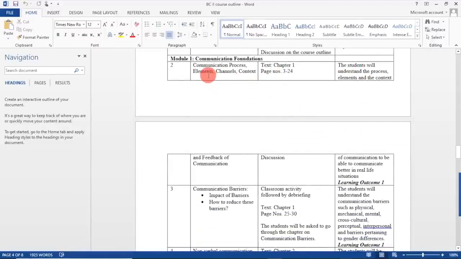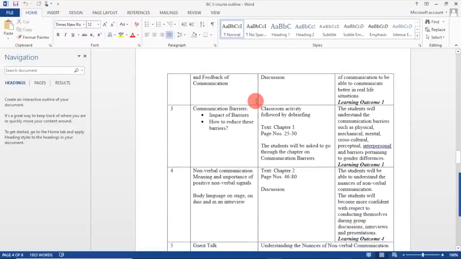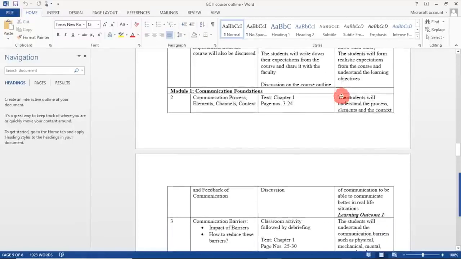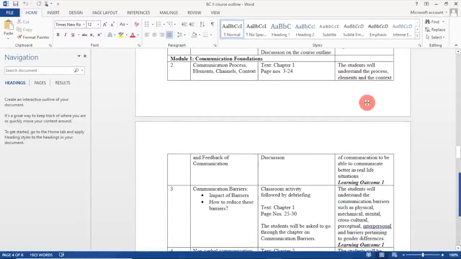Now, it is very important that when you are talking of the different topics, you must also tell where the content is for that particular topics, because there are some institutions which also give book kits to the students, or if you are asking the student to refer a book in the library, then you should be giving a clear instruction to your student of which all pages are important as far as this topic is concerned. Now see the last column also.